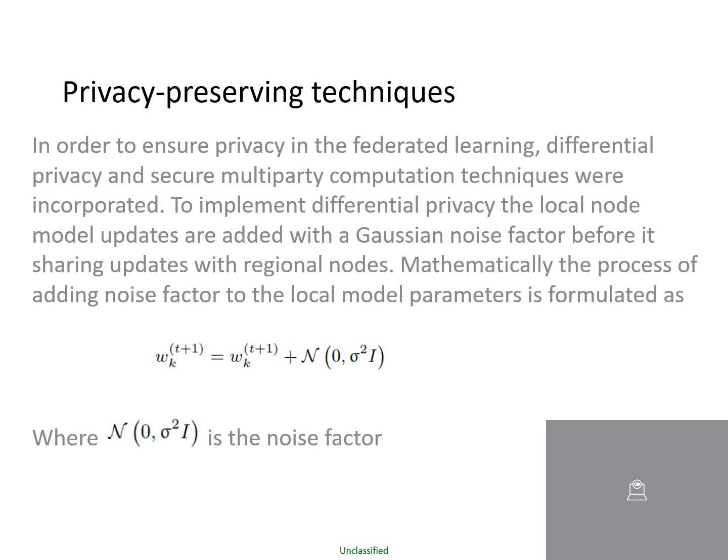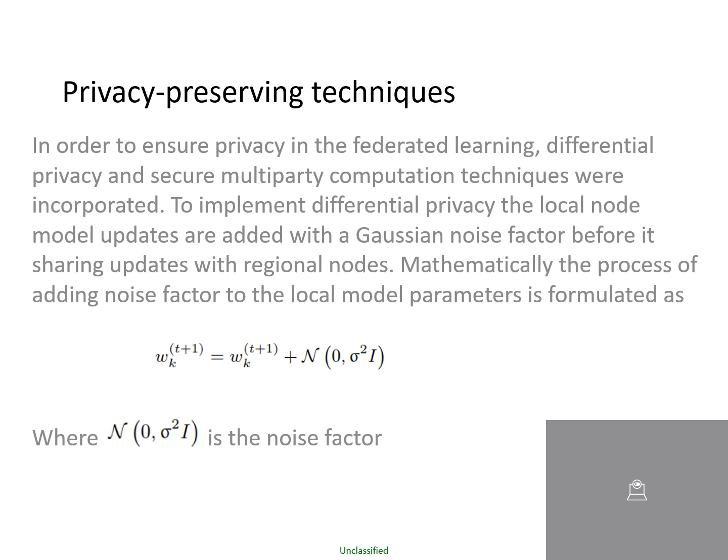And the fourth feature is privacy preserving techniques. In order to ensure privacy in the federated learning module, differential privacy and secure multi-party computation techniques were incorporated into the module. Now, to implement the differential privacy, the local node model updates are added with a Gaussian noise factor before sharing these updates with regional nodes. And the Gaussian noise factor can be represented mathematically in the formula below,